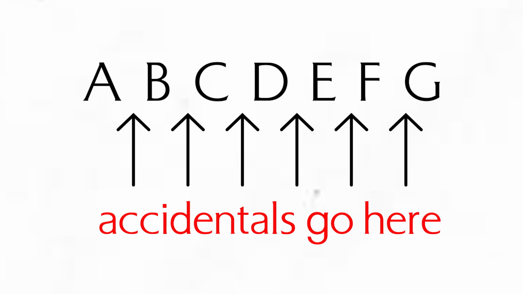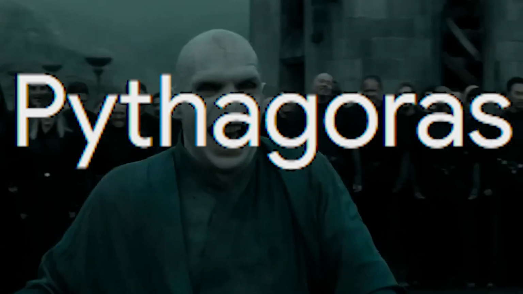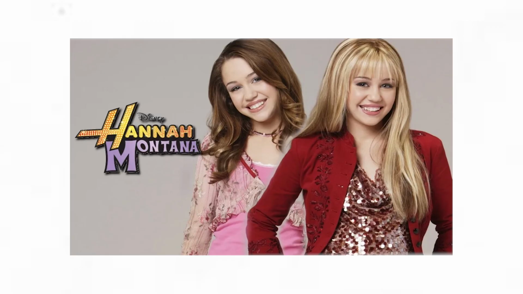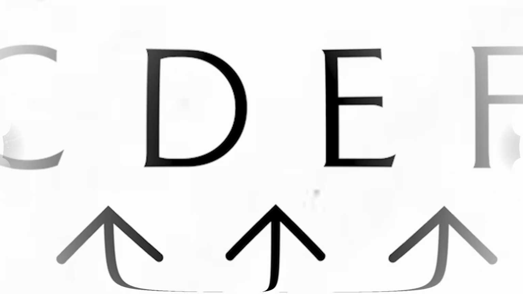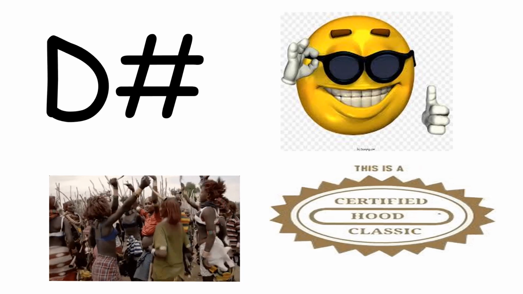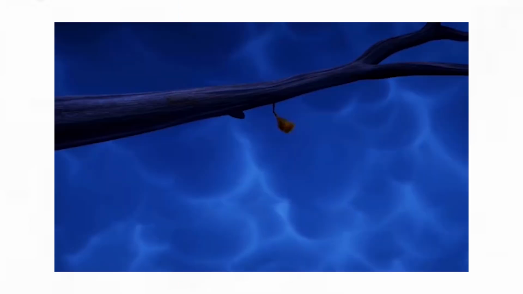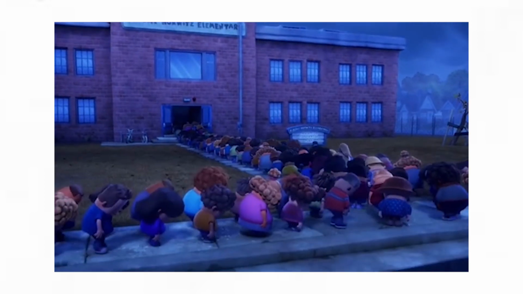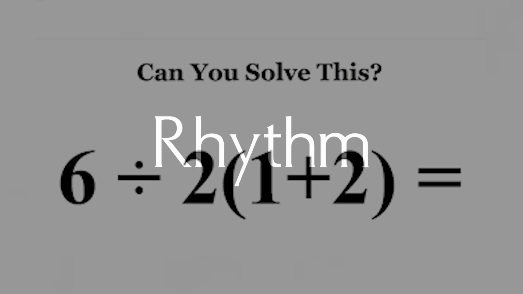They're between every note except B and C and E and F because Pythagoras couldn't only ruin math. And here's the lemon juice in the wound. These notes can go by 2 names. For example, the accidental between D and E. This note can be known as D sharp since it's just over D, or E flat because it's just below E. There's no set rule for which name to use, so you have to live the rest of your days in agony from this knowledge. Let's move on to something easier.